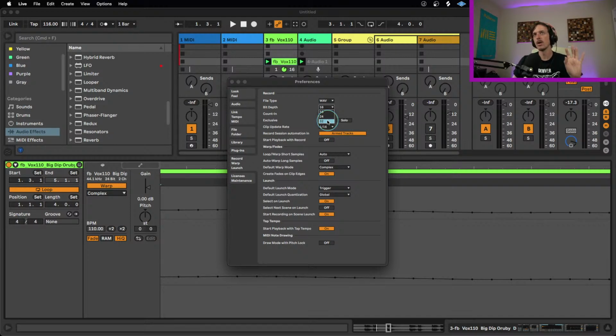However, one of the cool things about 32-bit is you can actually clip. You can go above 0 dB and it does not affect your audio. So if you're one of those people who really likes riding that line and really pushing it to the limit, and you want to do your sound design and you want everything to be plus 15 decibels and you want it to not clip,